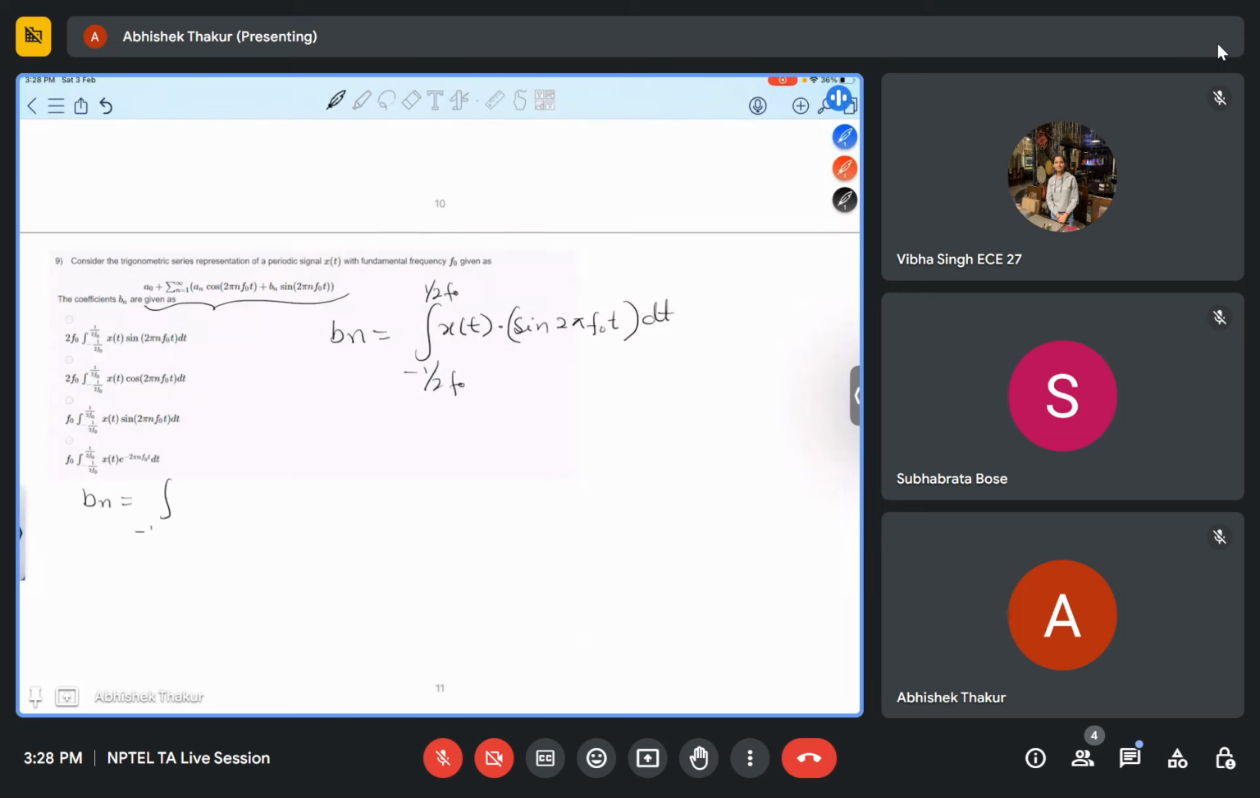So bn is equal to, x(t) is given as a naught plus, so in this way we can write, no, we missed the second term, that is sine of 2 pi, here it will be n also, 2 pi n f naught t dt. So bn is equal to,